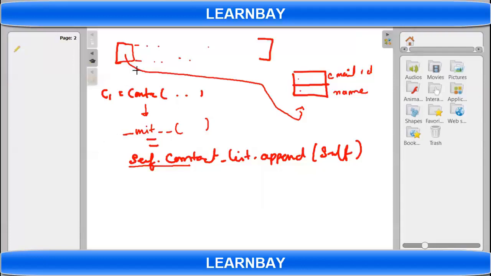For testing, you create three or four objects, C1, C2, C3 and C4, and try to print this list. Are you able to print it? Append and self, if you write this code.